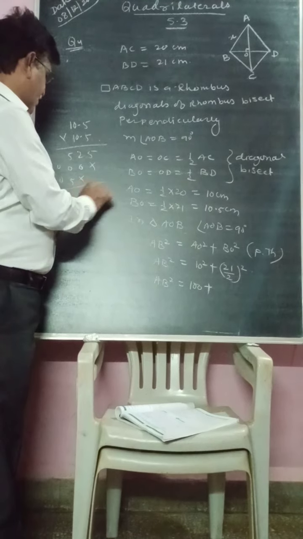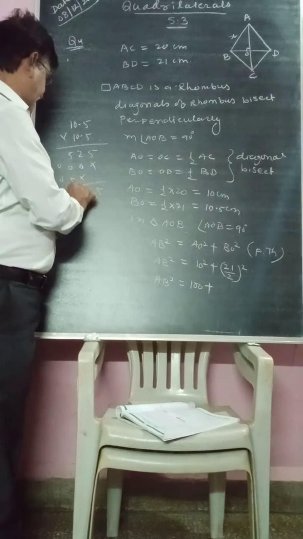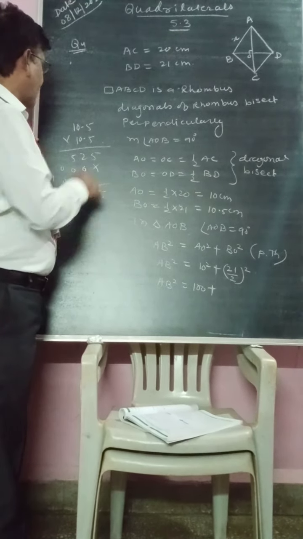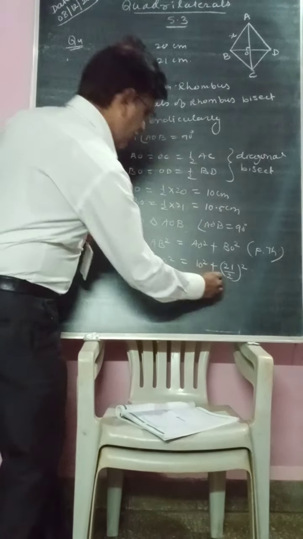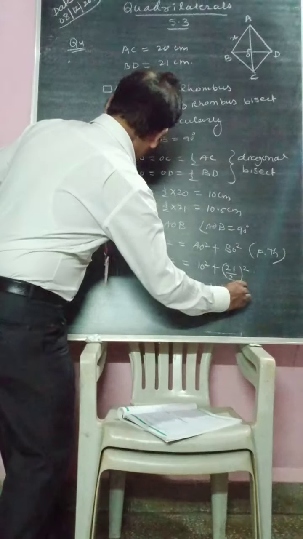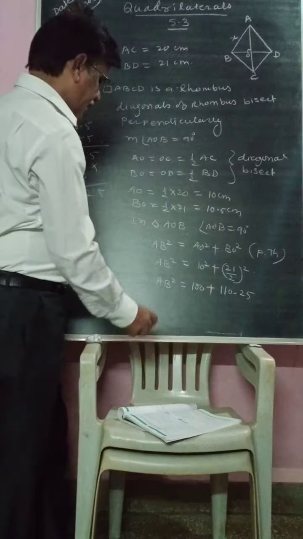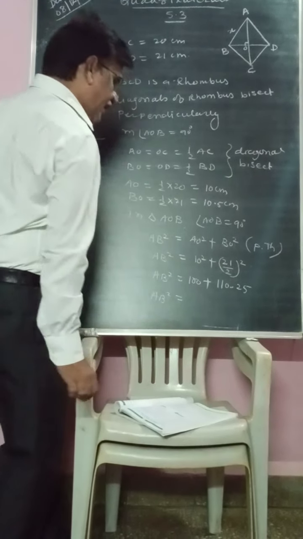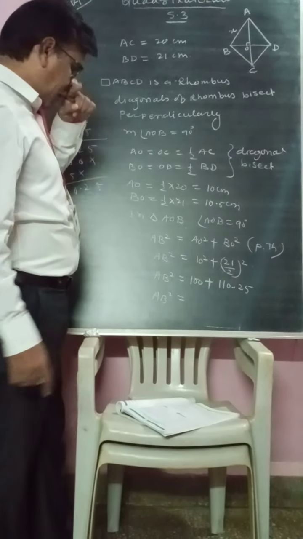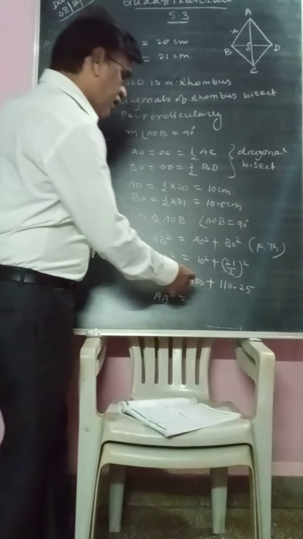Adding, you get 110.25. Okay, therefore AB square is equal to 100 plus 110.25, which means